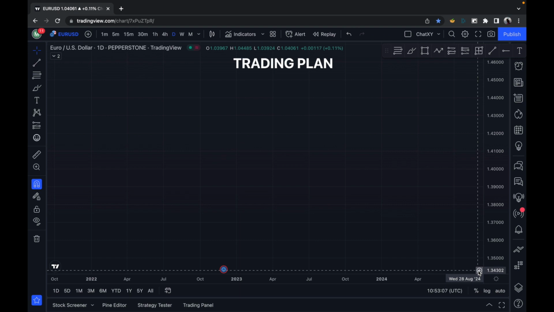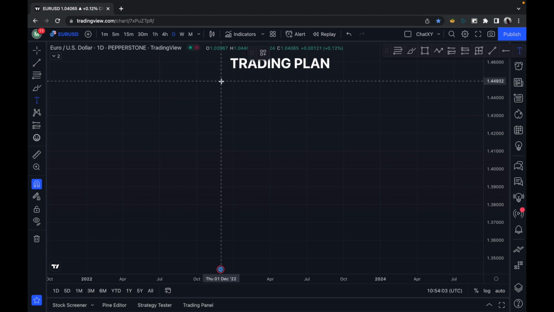So you have to know if you're a swing trader or a scalper before you put together a trading plan, because the trading plan of a swing trader and that of a scalper differ. A scalper can have up to 10 trades in a day or in a week, while a swing trader or a position trader can have just one setup in a week. So I'll start by putting down some points we need to include while formulating our trading plan. The first point is